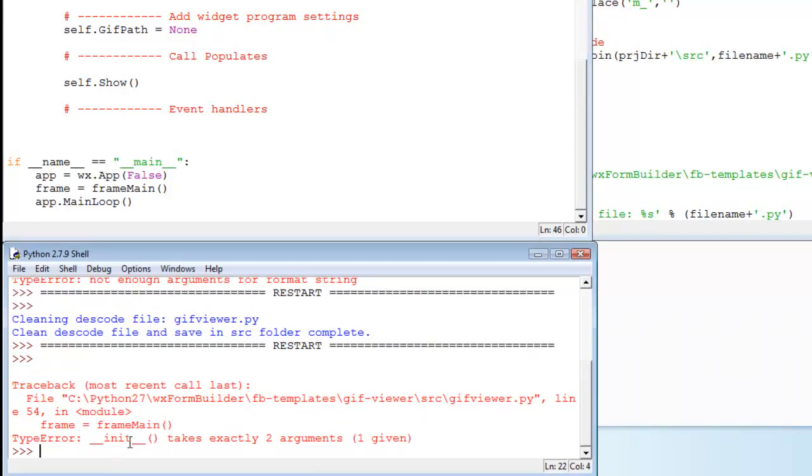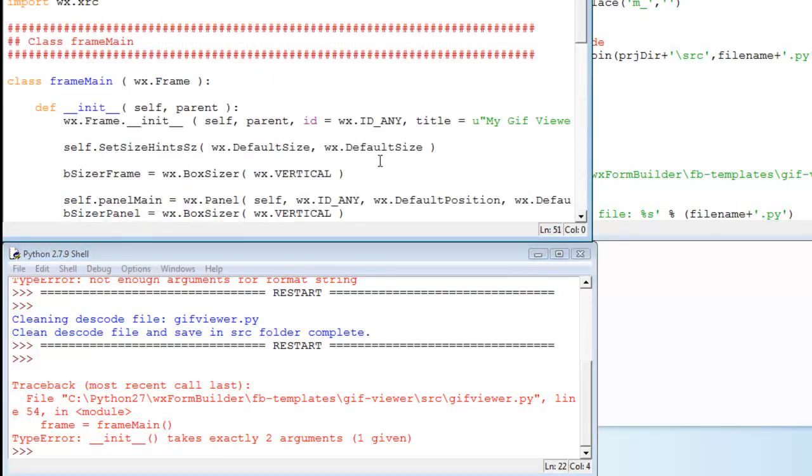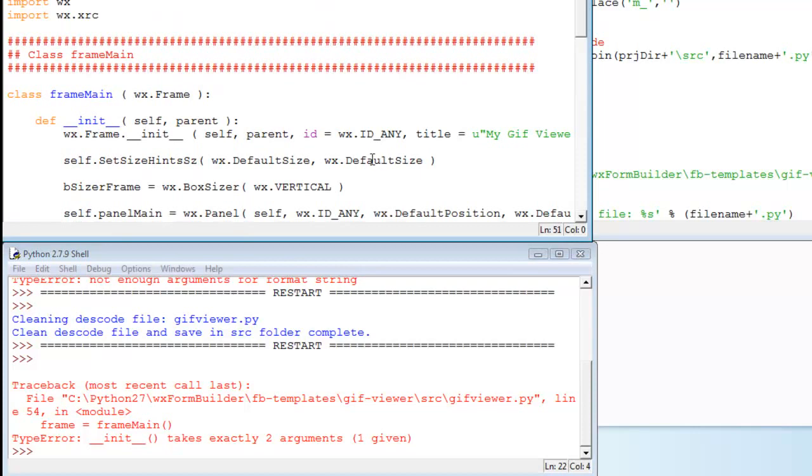Got an error. Initiate. Frame equals frame main. Type error. Initiate takes exactly 2 arguments, 1 given. Okay, that's a little confusing. Took a while to work it out. What we do is here,